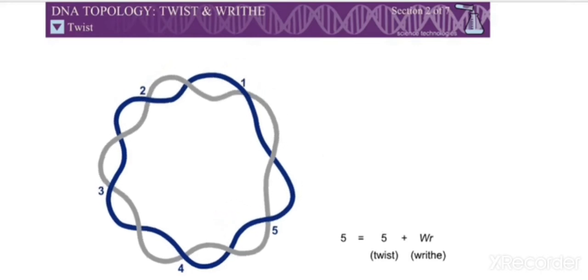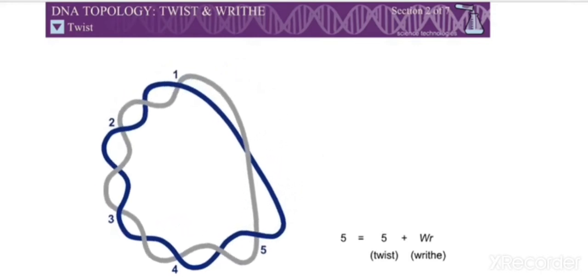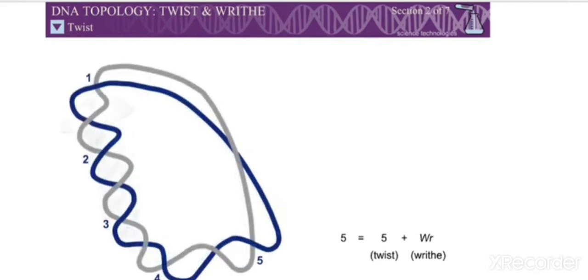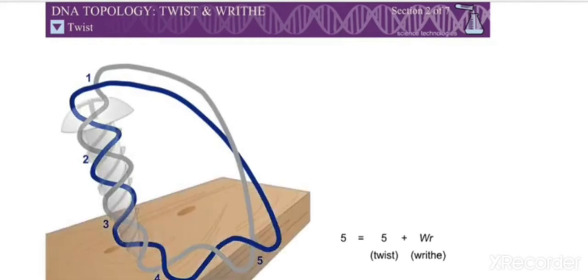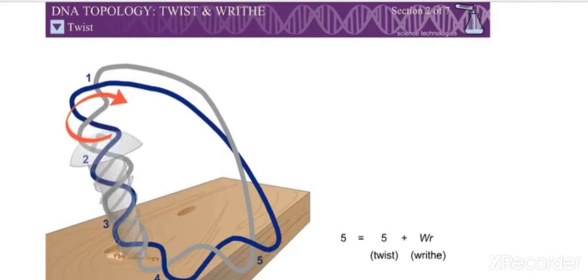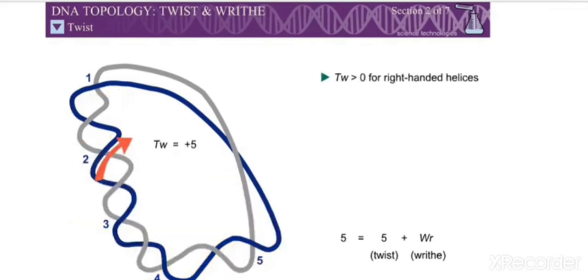If the twists form a right-handed helix, as in DNA under normal conditions, they are given a positive twist number. To determine if a helix is right-handed, think of it as a screw. You would have to twist a right-handed screw to the right, clockwise, to screw it into a board. Also, in a right-handed helix, the strand in front